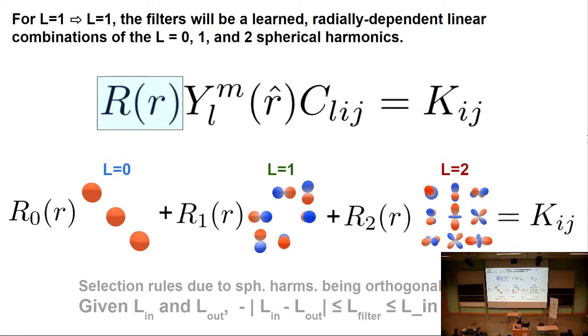What I'm showing here is that we're going from an input L of 1, which has 3 different channels, to an output L of 1, which has 3 different channels. And what I wanted to do is show that we have filters that are L equals 0, L equals 1, and L equals 2. I wanted to show them on that 3 by 3 matrix to show where the different filters are going to contribute for mixing the YZX of the input to the YZX of the output. And this is just to show a picture of where those spherical harmonics show up.